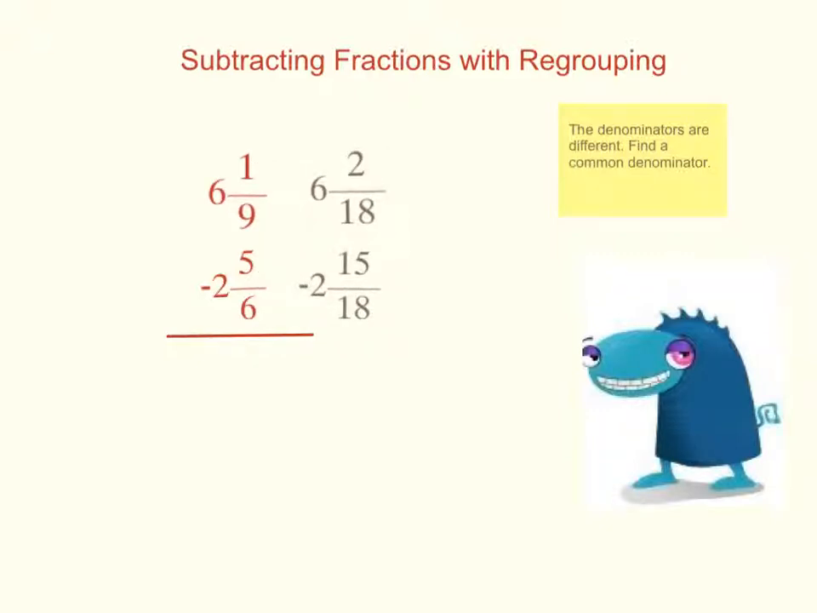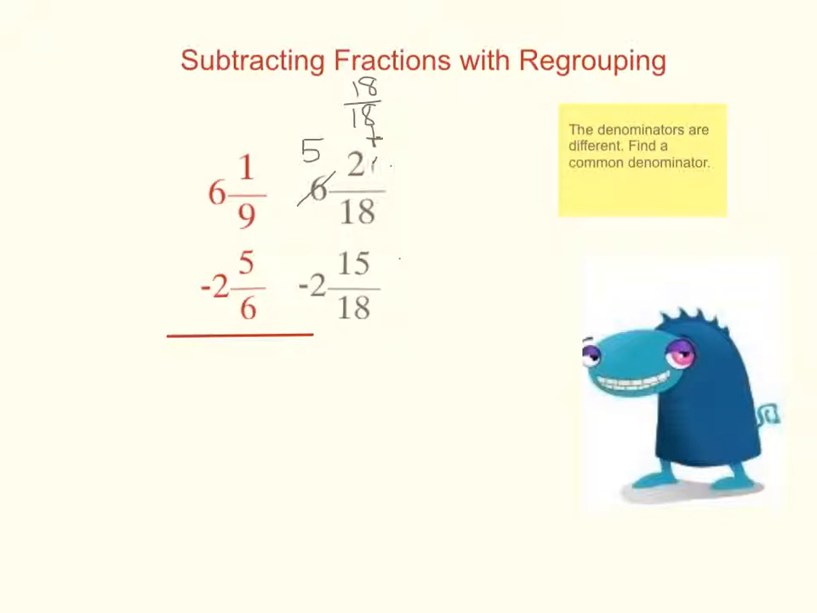Okay, so now I have them rewritten, but you're going to notice that we cannot subtract 15 from 2. So we're going to have to do a little regrouping, and we're going to borrow from this whole number, but remember, that's what the cool thing is. We're going to cross this out. It's going to become a 5, and when you do, you borrow. Remember, if our denominator is 18, then we can borrow 18 18ths. And we're going to add it to the 2 18ths that we already have,